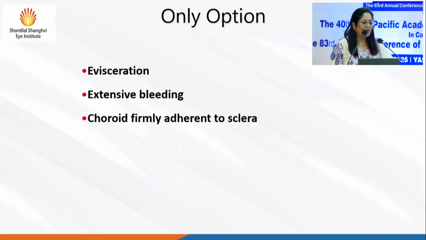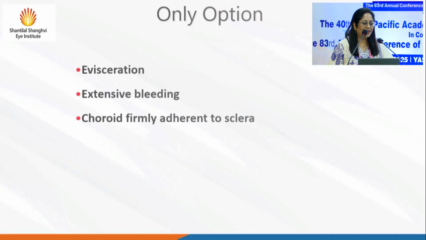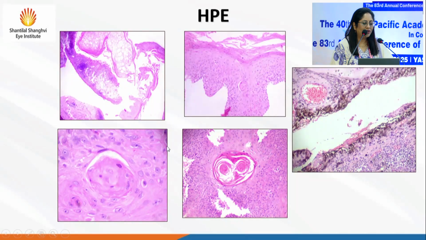By this time, they knew that we were not at all dealing with scleritis, and the only option for this patient was evisceration. During evisceration, in fact, there was extensive bleeding, and the choroid was firmly adherent to the sclera. The final diagnosis, based on histopathology, was a case of invasive OSSN, and you can see such proliferation of the tissues. So if this is the coats of the sclera, the OSSN was invading deep into the eye, as well as these squamous pearls that you see, typical, as well as a lot of inflammation even along the uvea. In the earlier part of the disease, the patient did have a lot of inflammation, which kind of put us off track. But the keratic plaques, as the patient kept on following up, were the final clue.